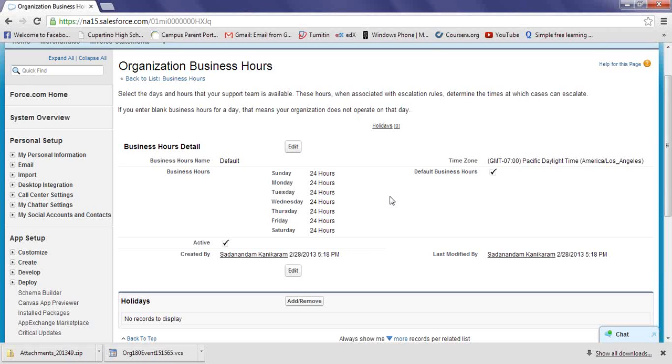And in 2 hours, let's say he sends an email at 5 o'clock, the office is closing at 6 o'clock, and the SLA is 2 hours. From 5 to 6 is only 1 hour, but from 6 to 7 the office is not in operation. It's not open. So the next day morning, let's say it opens at 9 o'clock, then at 10 o'clock it gets escalated if somebody is not going to take care of that issue. That is how these business hours will be applicable for the company.